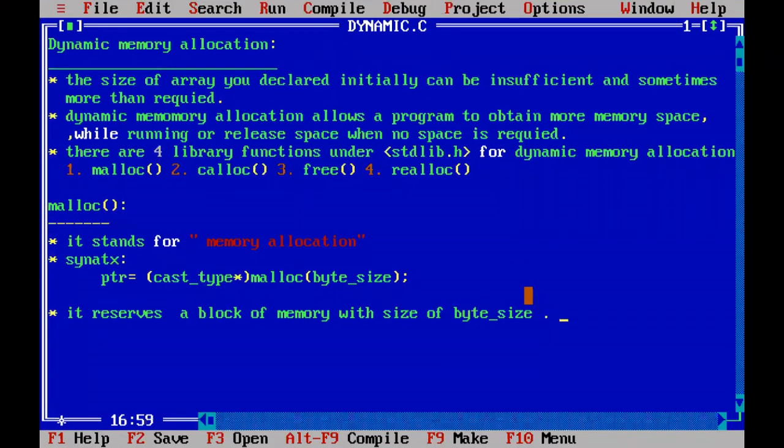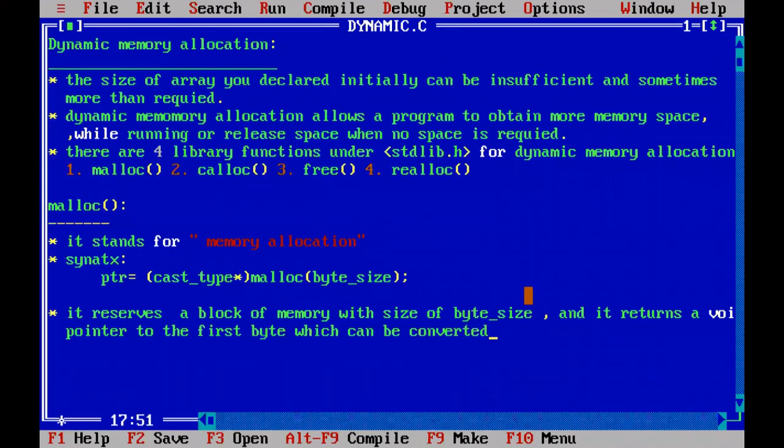And it returns a void pointer to the first byte, which can be converted into any other type.